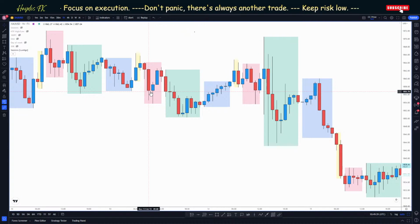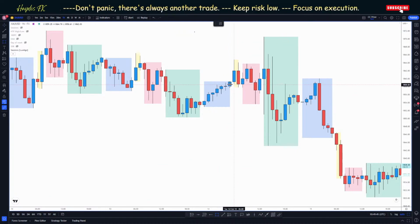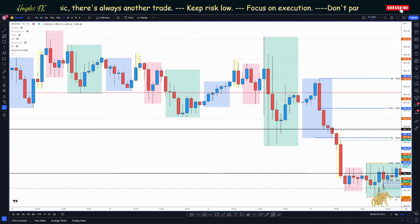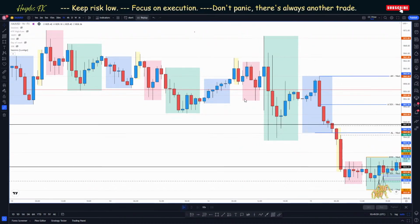Or Monday, was it Monday? No, Tuesday. It was Tuesday. In here. So where I was looking to take in a trade, at this point. No, let me just do it with a zoom. When I was looking for those sells, those buys on Tuesday, and what I started doubting myself was